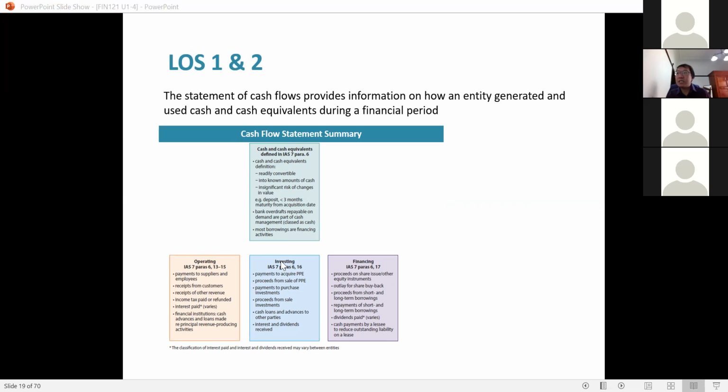You have investing cash flows, which is largely there to facilitate the purchase and acquisition of property, plant, and equipment, and you have the sale of PPE as well. And then you have financing cash flows, which mainly relate to when the company issues new equity or when companies pay back debt borrowings. So these will be the three major